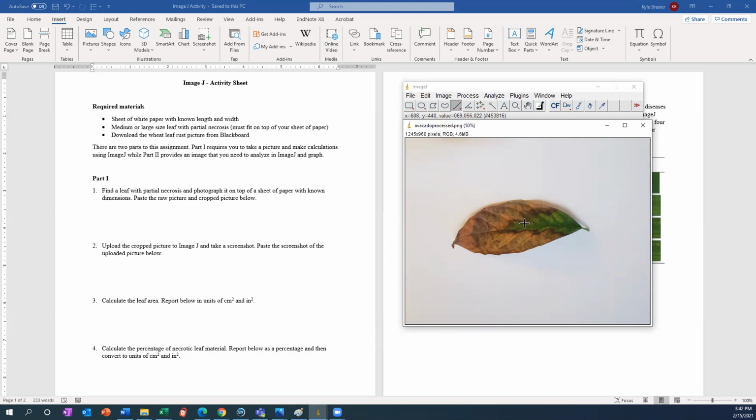And you'll see that this leaf isn't perfectly flat. That's okay. At the end of the day, we're just doing estimations at this point, right? We're just really learning how to use ImageJ as the software. From here, take a screenshot of this and paste it in part 2. So I can see that you've got ImageJ in the screen, you've got your picture in the screen, and